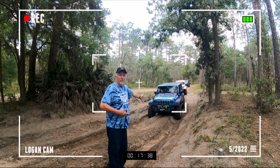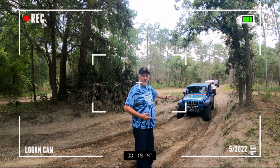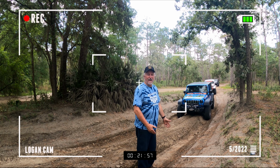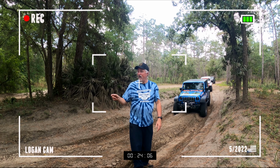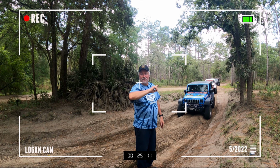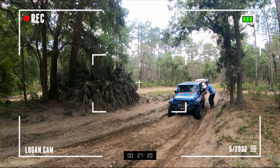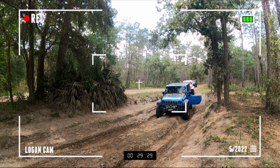This hole would be well over 33 inches deep, probably closer to 3 feet. This is dried up mud right now, but if it rains, don't go through this hole, go around, unless you've got a way to get out. We're gonna keep on going. And we're recording what it looks like. And we're driving back, and then